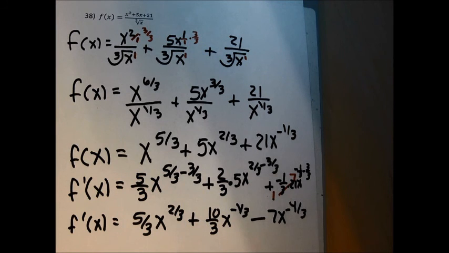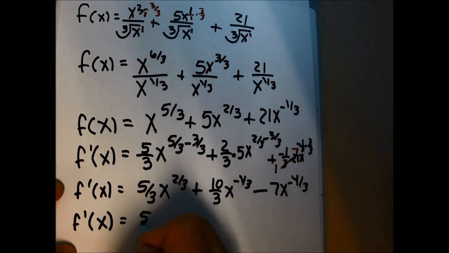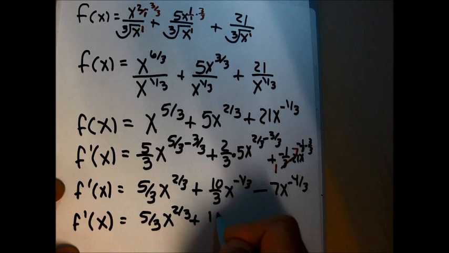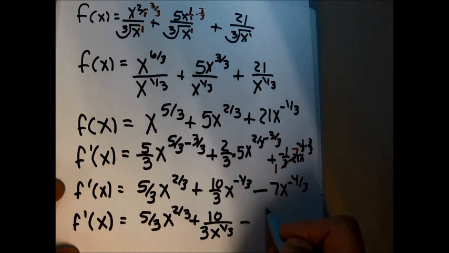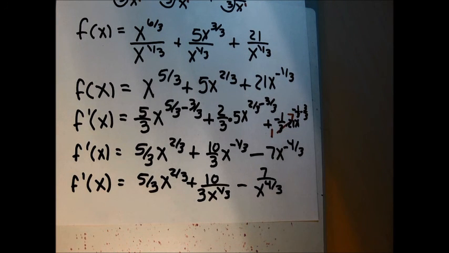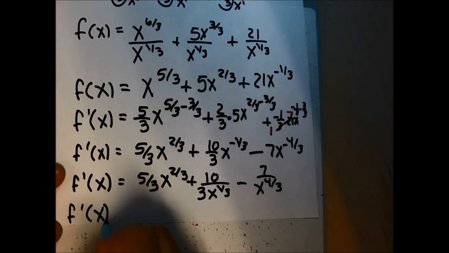Now I'm going to make my negative exponents positive, so I'm going to get f prime of x equals 5/3 x to the 2/3 plus 10 over 3x to the 1/3 minus 7 over x to the 4/3. So there was a reason in beginning algebra they taught you how to work with the negative exponents, and in intermediate algebra they taught you to work with the fraction exponents. I'm going to make the fraction exponents into radicals, and for my answer I'm going to get f prime of x equals